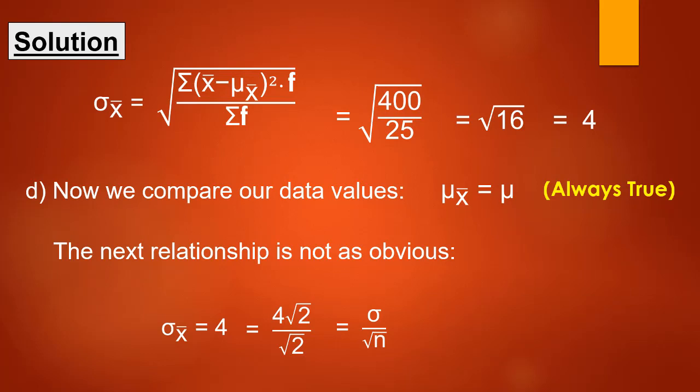So sigma of x bar ends up being sigma, the population standard deviation, divided by the square root of the sample size. That's also always true. Okay, so that's a lot to digest, right? So we're going to summarize these statements right now